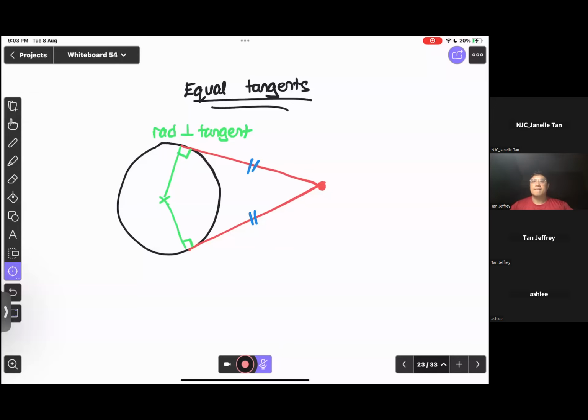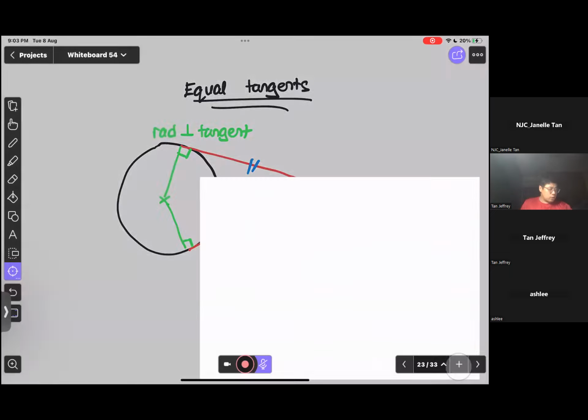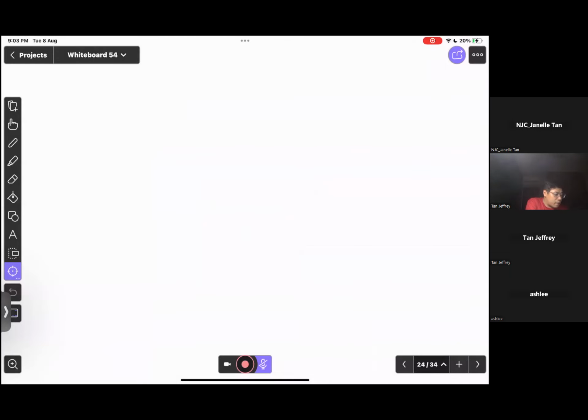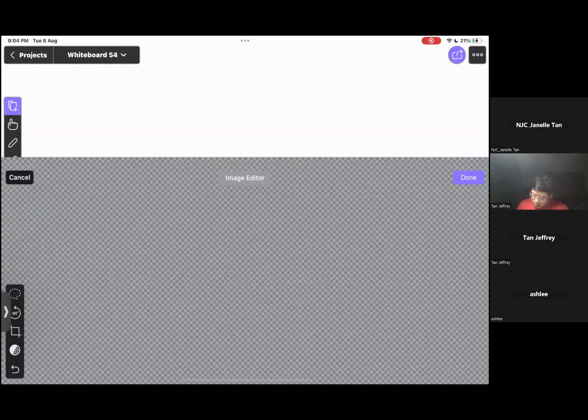Mr. Tan, for question 5 part B, topic 9, I figured out that the tree one is actually in the same direction as the helicopter one. It looks similar to the tree one, but is it like